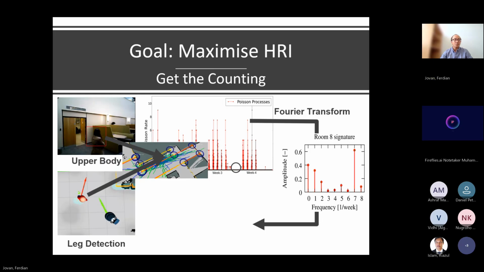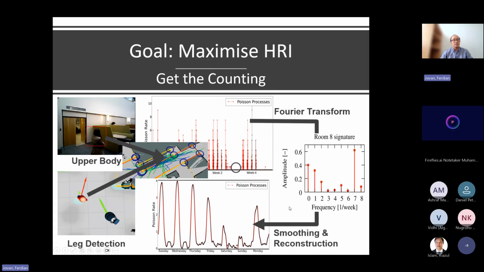From there, I reconstruct the filtered frequencies from the frequency domain back to the time domain like this. So now instead of having this jaggy information like here, you have a smoother, non-missing transition. With this, you can then plan or create a schedule.